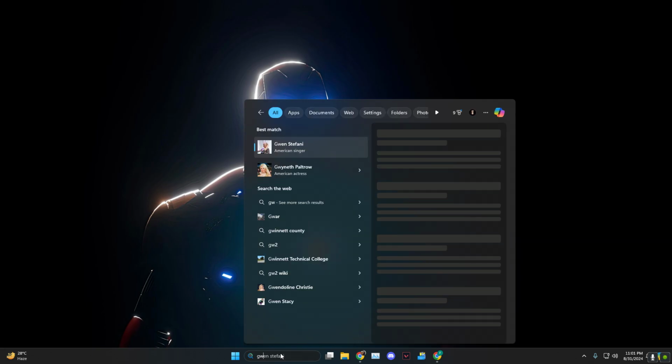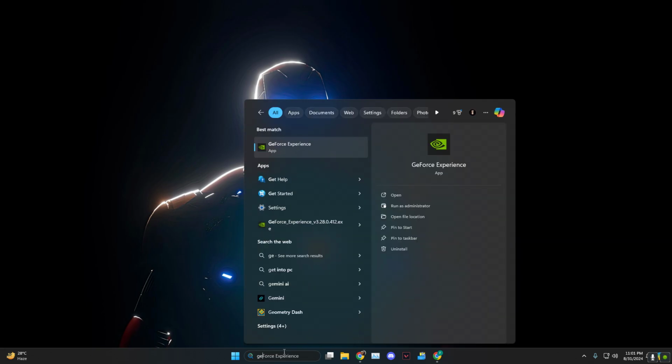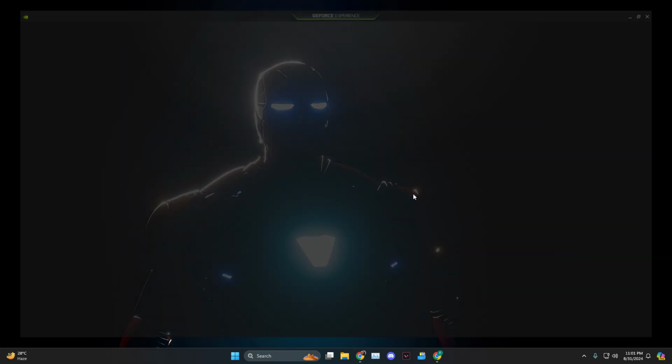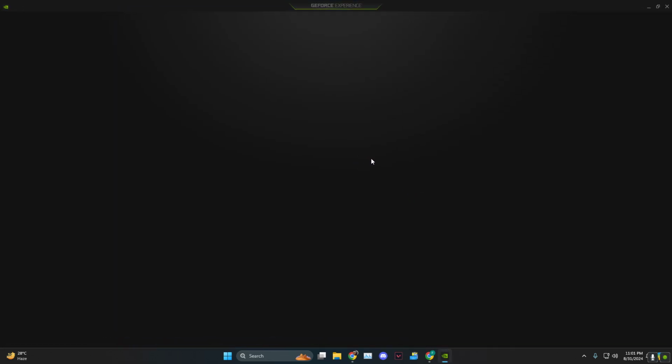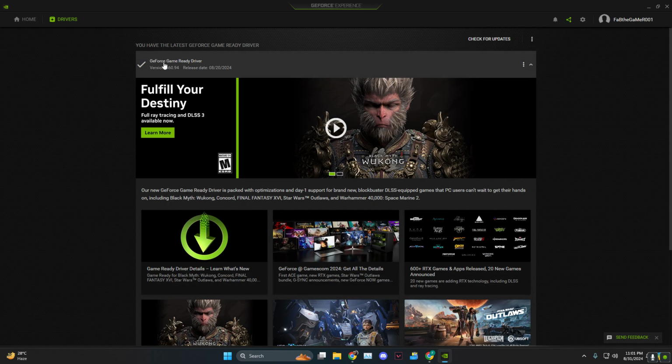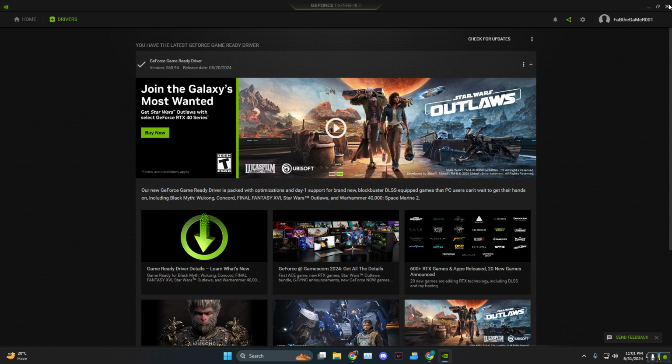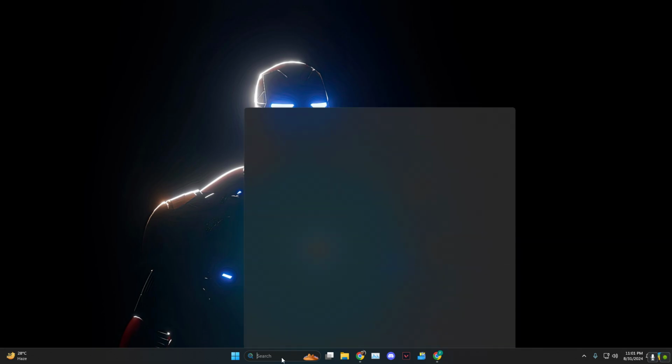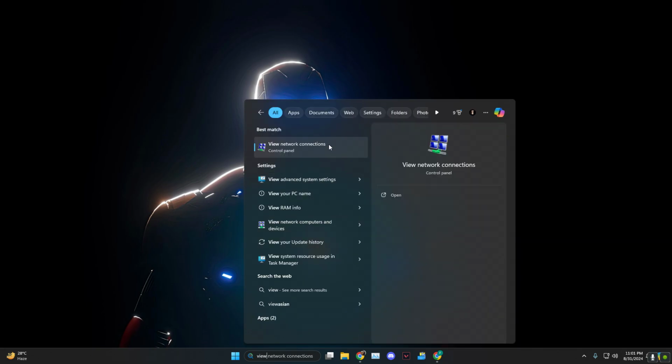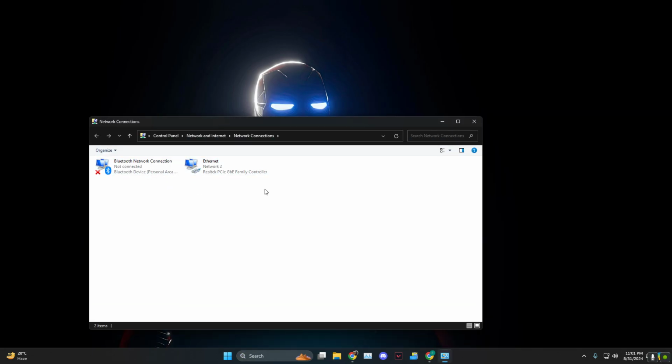Next up, if you have GeForce or whatever you use for your graphics card, you want to open that particular app. From there, you want to head over to drivers and then make sure that your latest game driver is installed. Last but not the least, you want to search for view network connections, and then whatever you use, whether